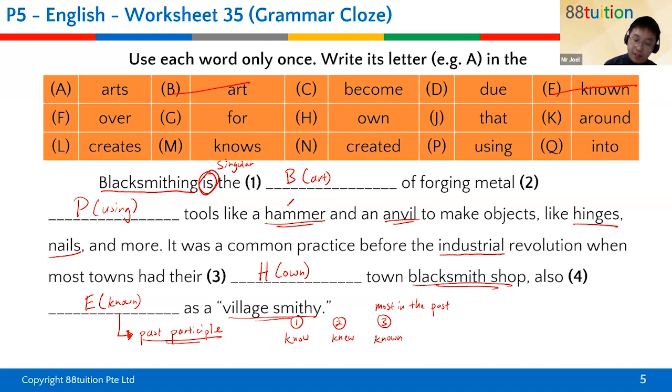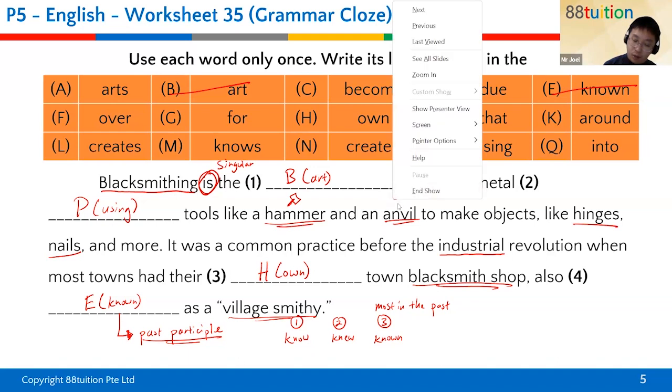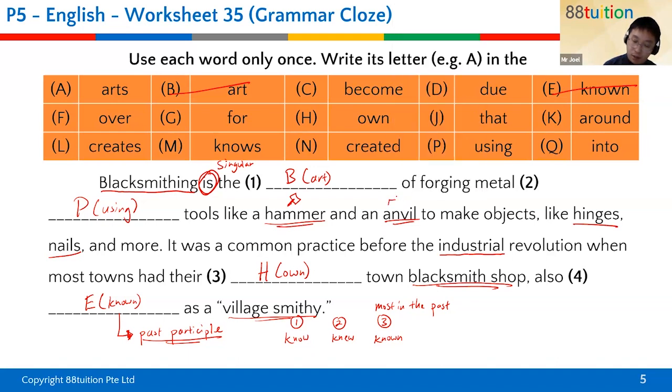So the hammer is basically your hammer. You've seen Thor's hammer, right? Like the hammer. And an anvil is something that's shaped like that. All right. And then with a white base, that's an anvil. And then the metal is placed over here. And then you would hammer it. You would hammer it. Ding, ding, ding, ding, ding. That's the anvil. All right. So it is the art of forging metal using tools like a hammer and anvil. So number 1 is B. Number 2 is P, right? That's the things that they are using basically.